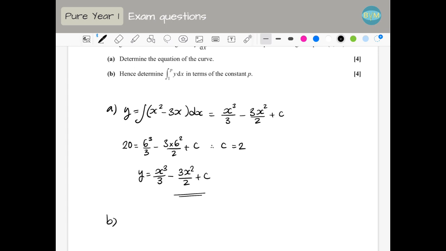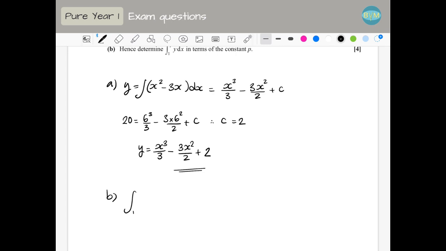Part b: hence, determine the integral of y, so the integral of this function, I wrote plus c, no, plus 2, between 1 and p, and we have to leave it in terms of p. So we have the integral between 1 and p of x cubed divided by 3 minus 3x squared divided by 2 plus 2 dx. So this is x to the power of 4 divided by 4,